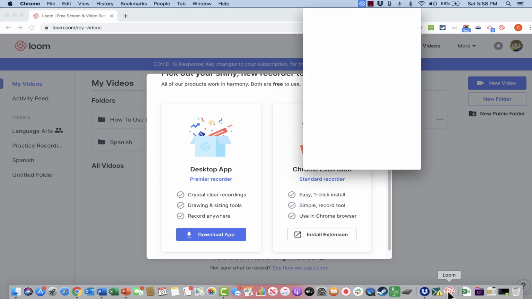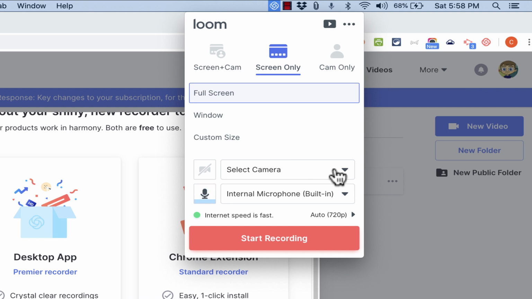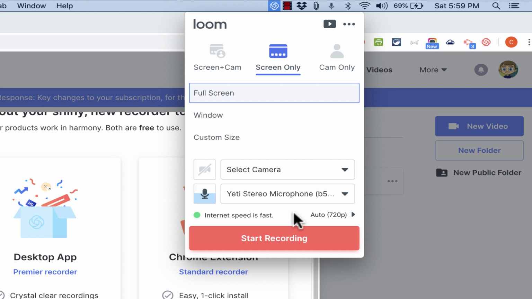And down on my taskbar, I'll click on Loom again to open it up. I'm going to go with full screen. Next, I could select a camera, but in this case, I'm only recording the screen, so I don't really need a camera. But whenever you use Loom, you do need to check this option. This shows the microphone that will be recording your voice, and you can see it's responding to the sound of my voice. But this is simply the internal microphone built into this computer. This microphone would sound okay, but if I click on it, I can switch to another microphone. If you've purchased a microphone or if you have a headset with a microphone, that's probably going to be a better option for you.